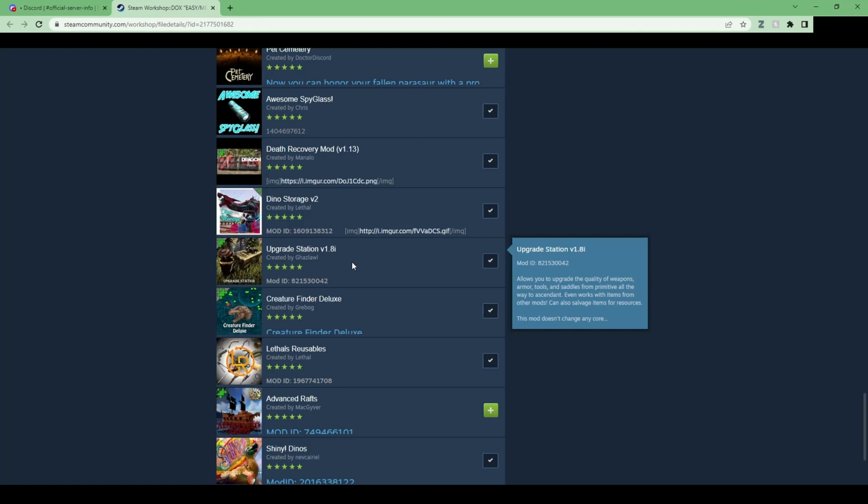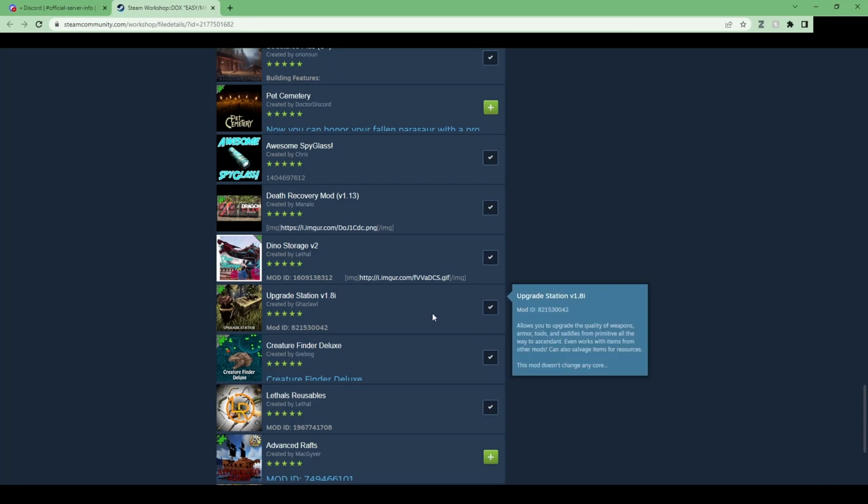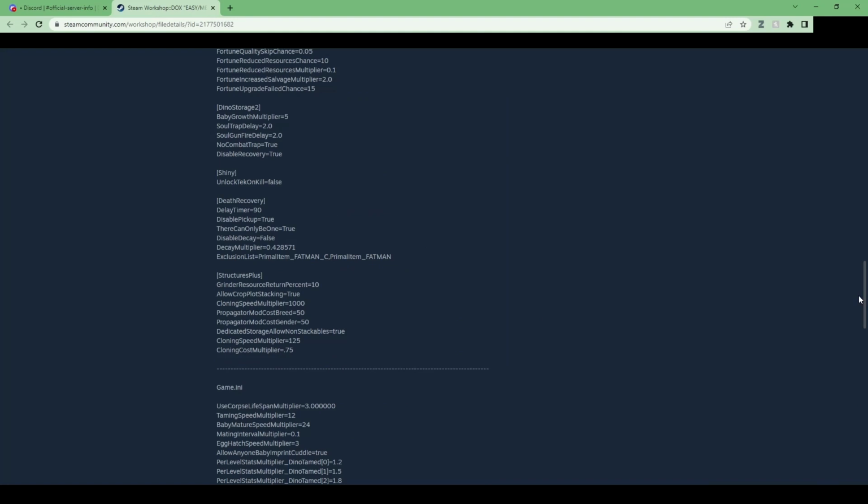Upgrade Station can be useful because the DOX default settings don't allow you to grind tech, or rather, you can grind tech gear, but you won't get element back. The Upgrade Station, if you break down tech gear, you get a very, very, very small amount of element, but that small amount of element, if you break down all your tech gear, it does add up. And in fact, I'll just show you right now